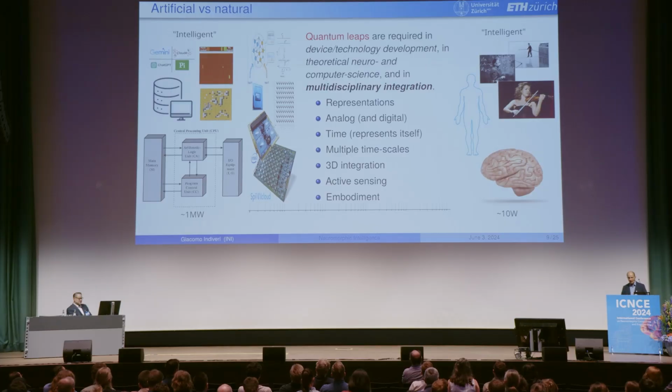And combining memristive devices with CMOS is really an important development that still needs to be taken into account and to be developed. But in addition to that, there are also important steps in theoretical neuroscience and computer science to really understand how to co-design and integrate together the technological developments with the theory and the algorithms that can exploit the technologies being developed. And one very, very important step to make is to figure out first what is the right representation to use to represent signals and symbols for exploiting these technologies.